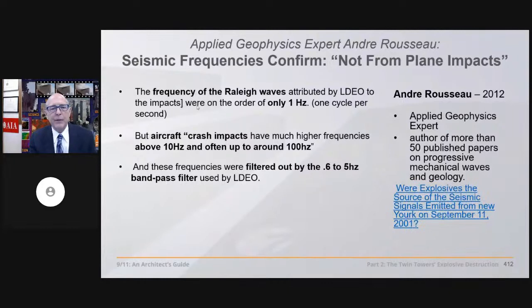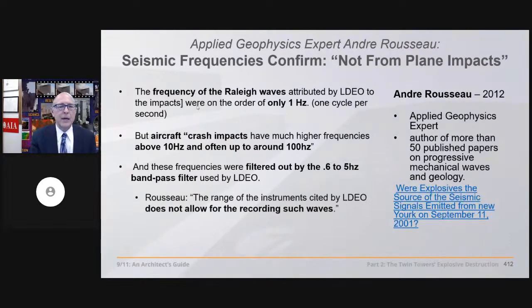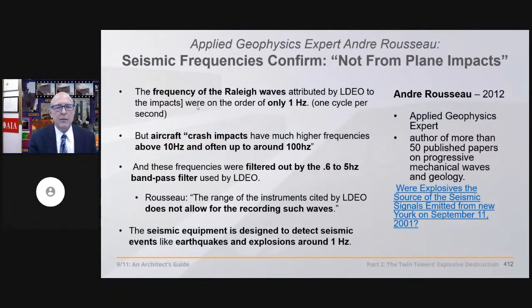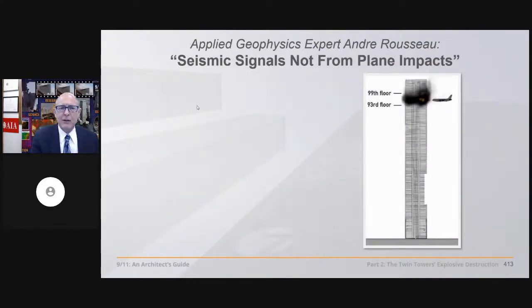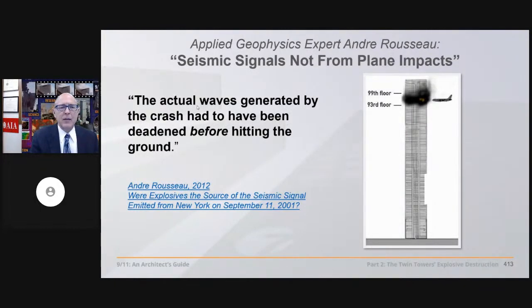But those are filtered out by the equipment used by LDEO. It doesn't even allow for the recording of such waves. So the seismic equipment is designed to look for explosions and earthquakes, not aircraft impacts. Besides, he says, the actual waves generated by the crash had to have been deadened even before hitting the ground.